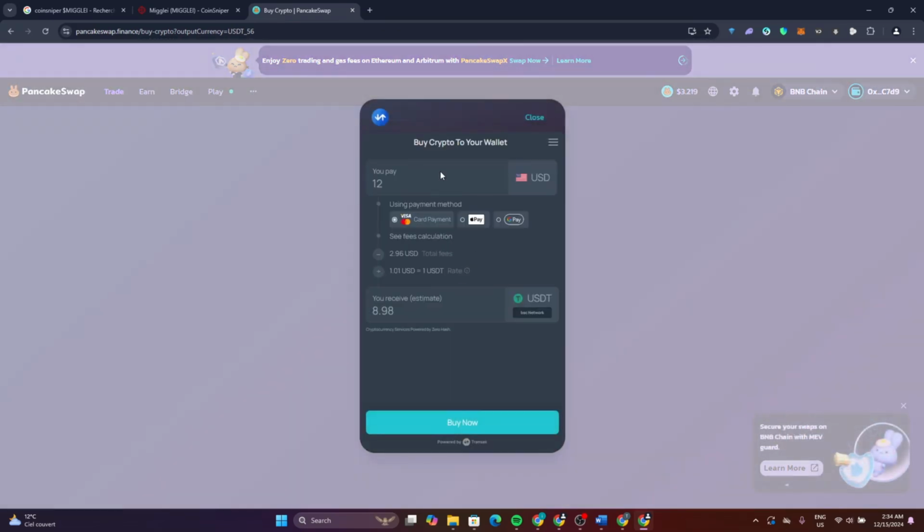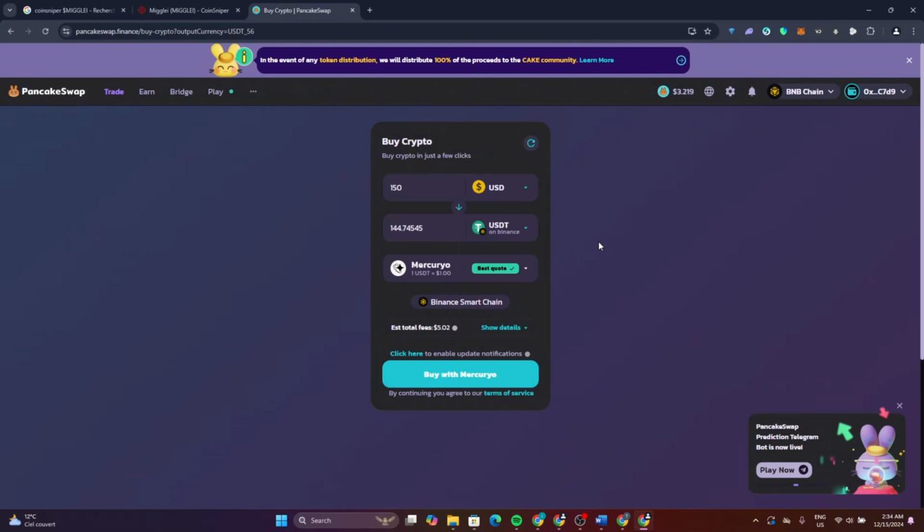Now after you fill your account with USDT, you are able to buy the MIGGLEI token and you will be able to have it in your wallet. So this is what